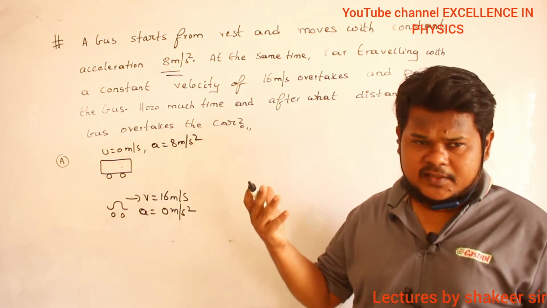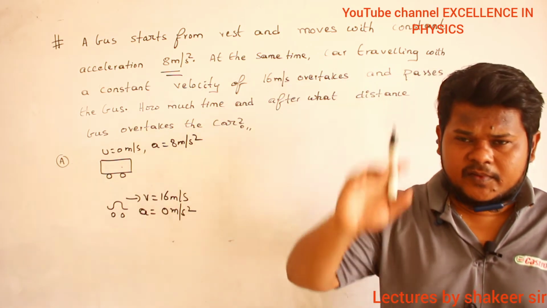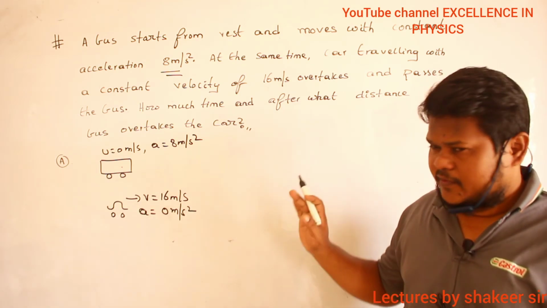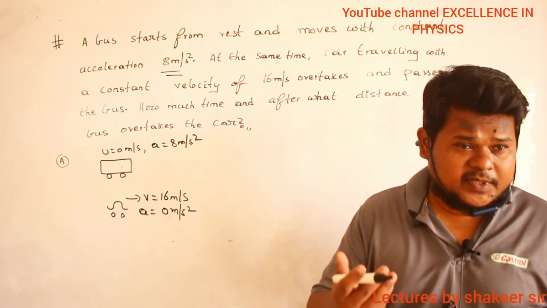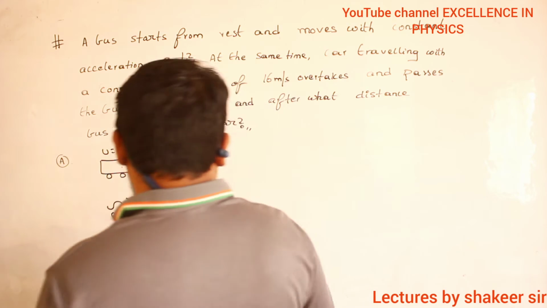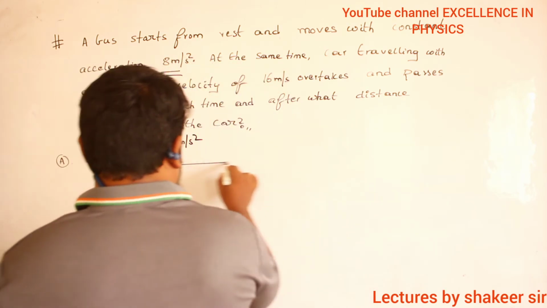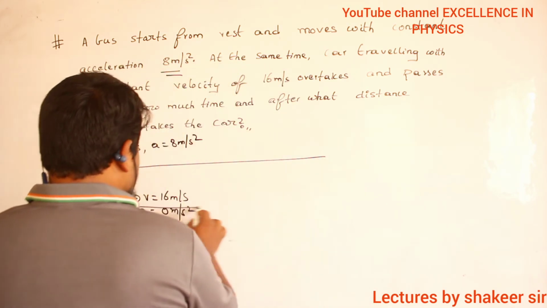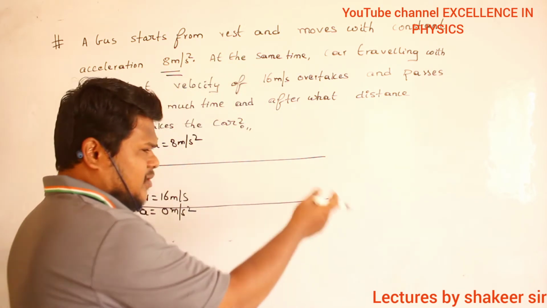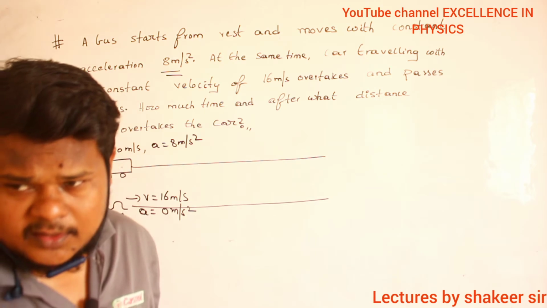Its velocity continuously increases, and definitely after some time it will overtake the car. Are you able to understand? So at what distance it will overtake and after how much time it will overtake, that I want to calculate. Clear? So let us consider the bus will travel up to this much distance, the car also will travel up to this much distance. So here once again the bus is overtaking the car.